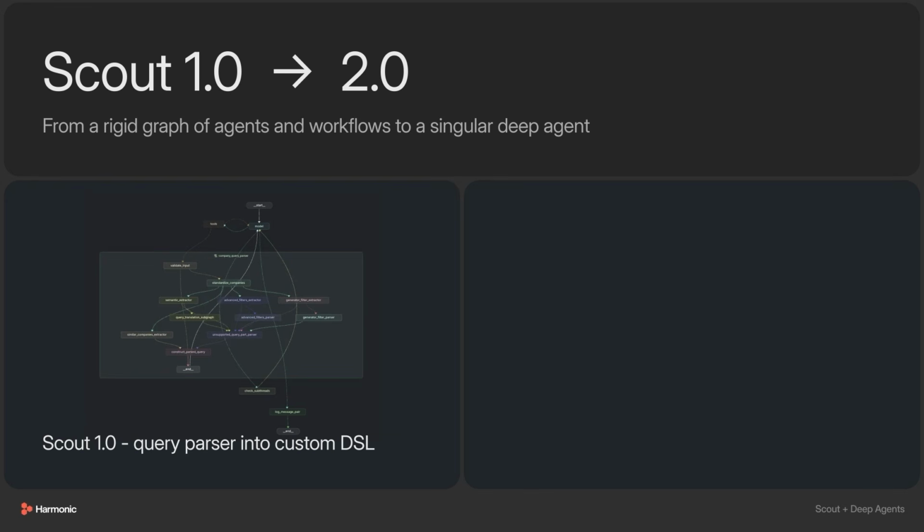So Scout 1.0, this was our initial version. I think it was cutting edge like a year and a half ago, and it very quickly became not cutting edge. And the concept here was basically, how do we take a natural language query, someone's looking up, show me all the fintech SaaS companies in New York that have raised money in the last 2 months. We had this query parsing graph that would take it, extract out the semantic portion, fintech SaaS, run that against embeddings. It would take the location, it would take the funding portion, and route that to our